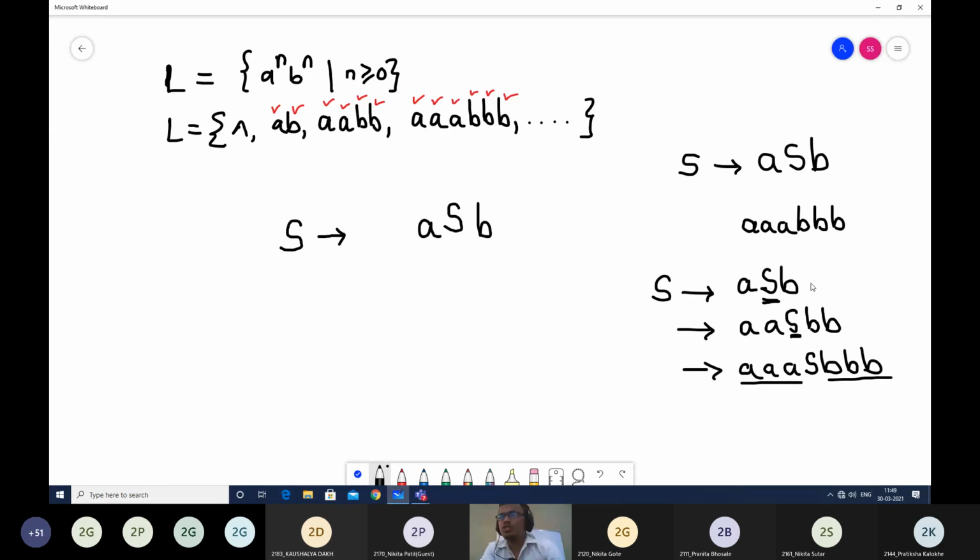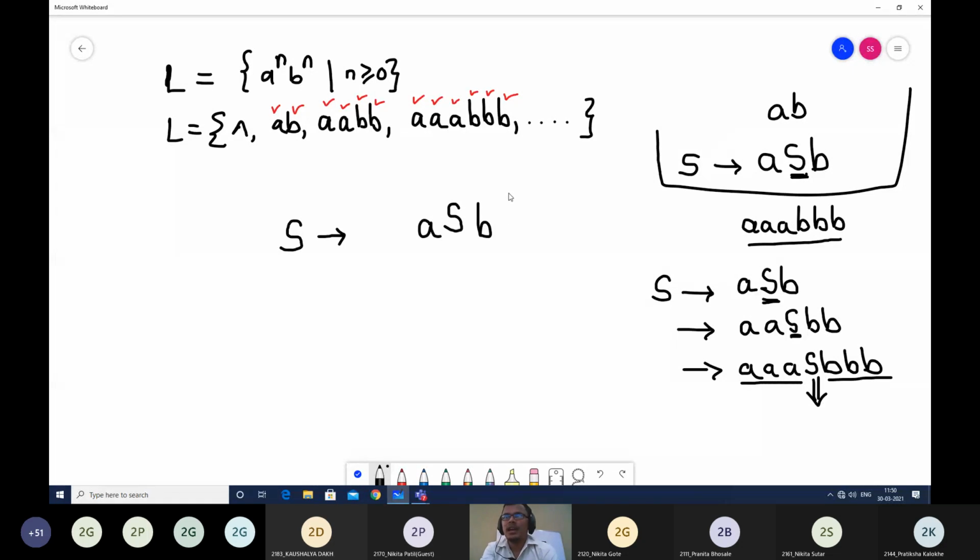Now, my dear students, this should stop somewhere, right? When we solved the first problem, AB, there was still this S remaining in between, correct? The second example I solved was 3 A's and 3 B's, and still this S is remaining in between. So what is remaining here in between is null, because once I complete 3 A's and 3 B's, nothing is remaining between, which means null.